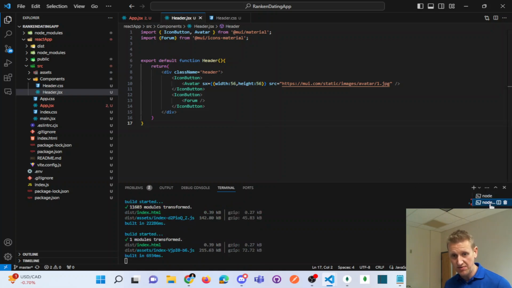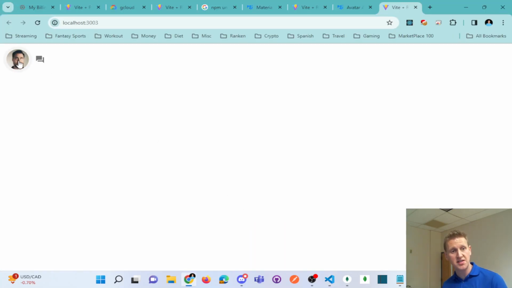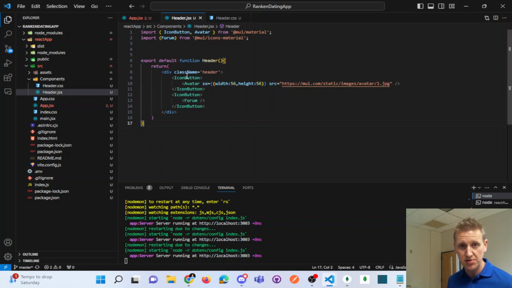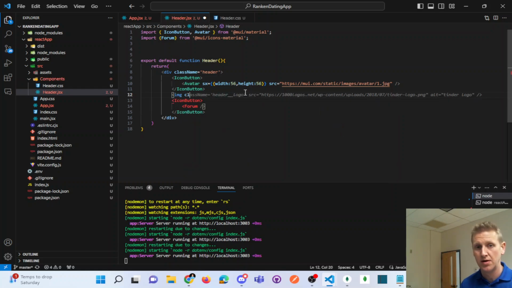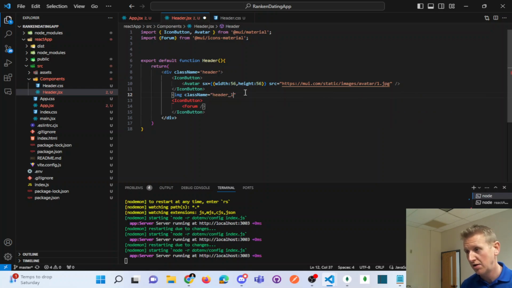Now as I save, notice on the back end it's redoing my builds, and if I click localhost, you can see my avatar and my forum icon. And so what I'll bring in next is just a regular image. So in between these icon buttons, I'm just going to have an img tag, className of header logo,